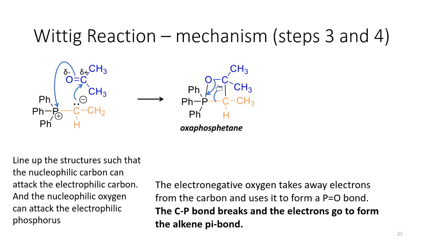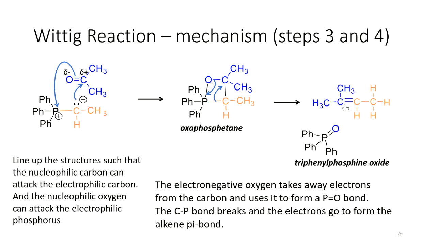If oxygen took away electrons from this carbon, it means that this carbon is going to be deficient, right? Now, as oxygen has taken away electrons and given it to phosphorus, we're now forming 5 bonds with phosphorus. And that's the maximum that phosphorus can accommodate. So if we're forming a new bond, we have to be breaking an old bond. As we break this phosphorus-carbon bond, the pair of electrons that phosphorus and carbon used to share are now being donated to this deficient carbon. And we're going to end up with our alkene, with our double bond, and we have our byproduct known as triphenylphosphine